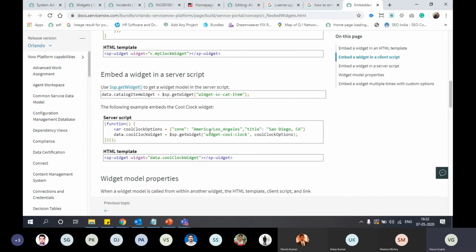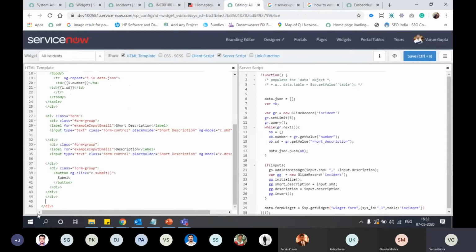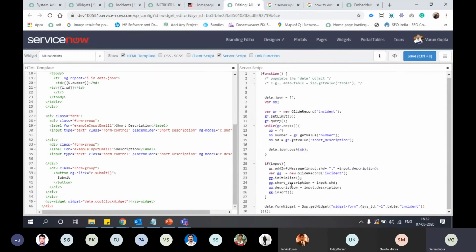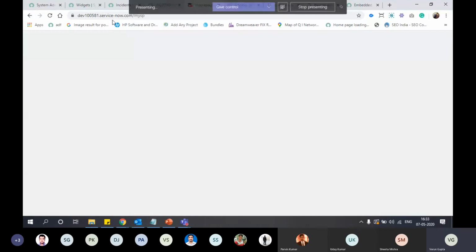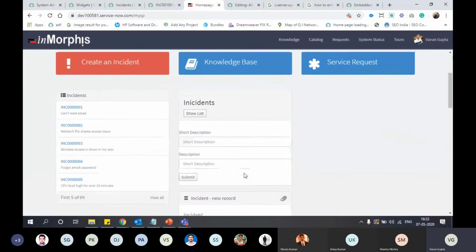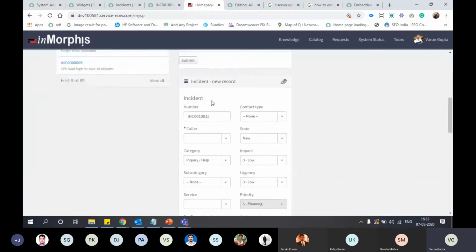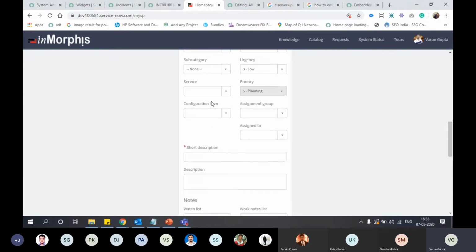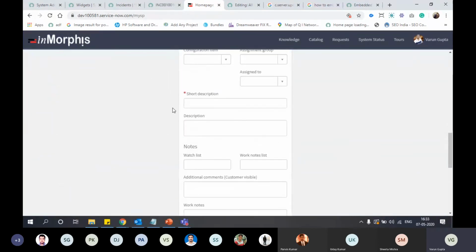We are using the server script, so we will use this in our HTML. Widget. Click on save. Let's see what will happen. The form widget is embedded here. You can call any widget inside a widget.